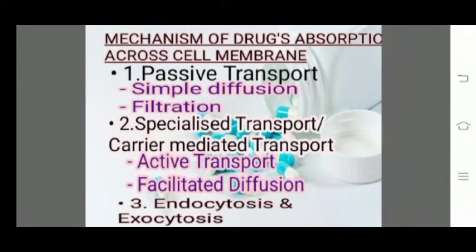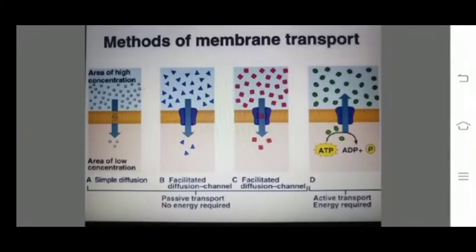Let's take passive transport, active transport, and facilitated diffusion. Let me make it clear. Let's take an example. In fact, you already studied about it, but let me clarify. Suppose we take a bucket of water and keep it in the middle of a 3-layer table. And now we have to give the water to the lower level and upper level. In case of the lower level, we can spontaneously give the water without the help of any kind of force. So this is called passive transport, as you saw on the left side.